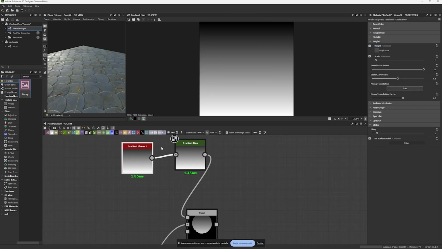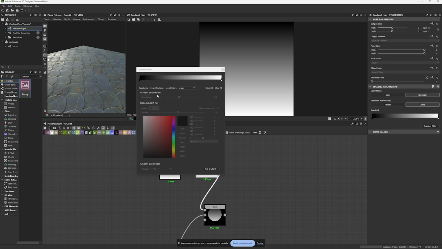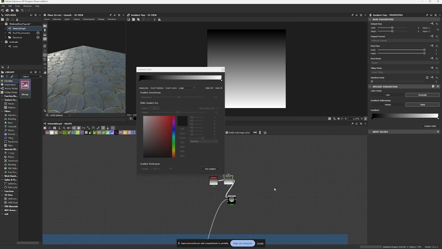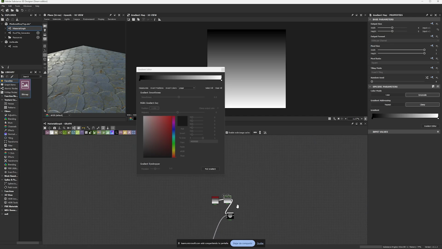Something really important when it comes to Substance Designer is understanding the basics that are behind it. Substance Designer is built on top of math. So everything that is going on behind all of this graph is math. Grayscale information is what we use to translate that math into something visible for artists.